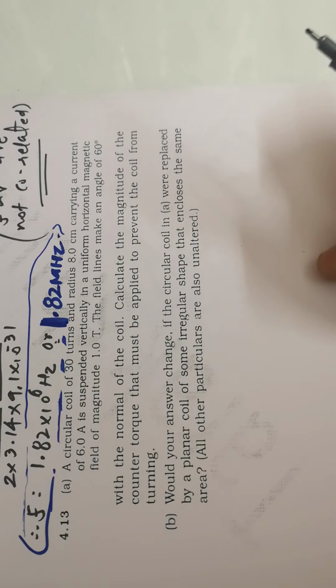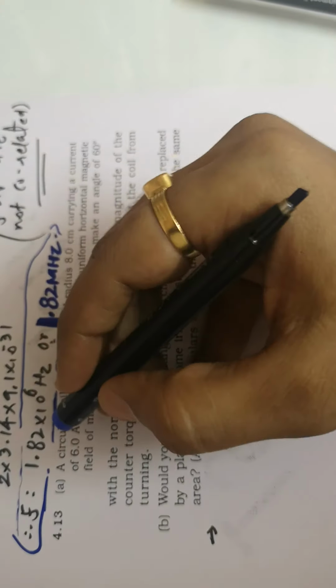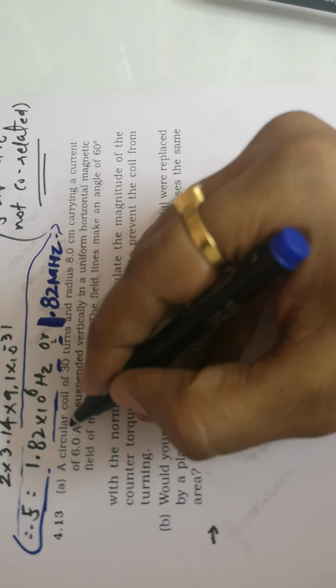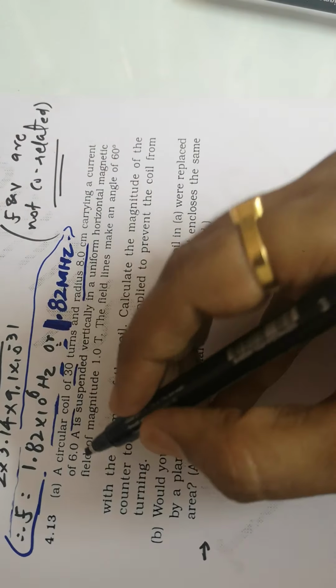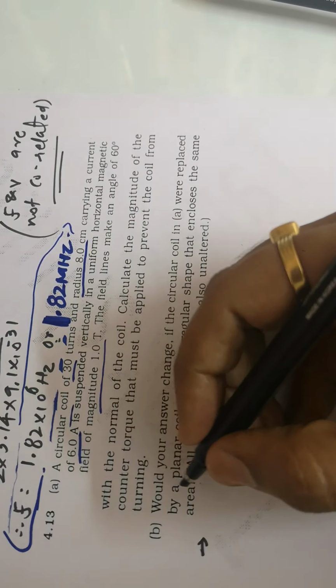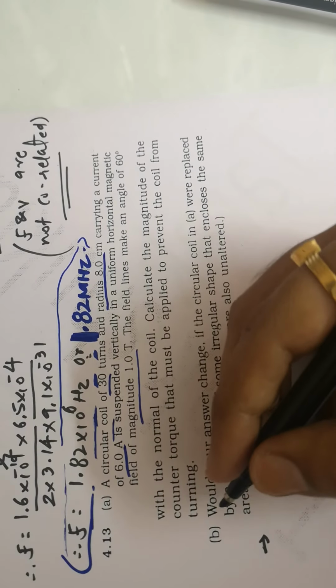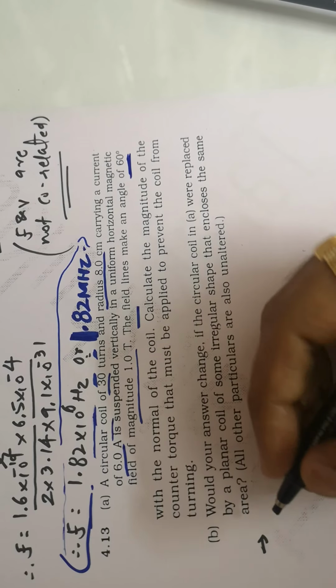Next one is our circular coil. The data available to us is that the circular coil has 30 turns, a radius of 8 centimeter, and carries a current of 6 ampere, and the magnetic field has a magnitude of 1 Tesla. The coil's normal makes an angle theta with the field. You are aware that whenever such a torque has to be found out,